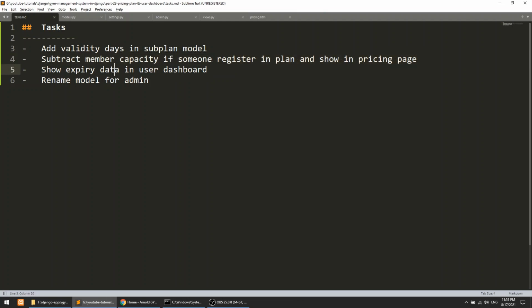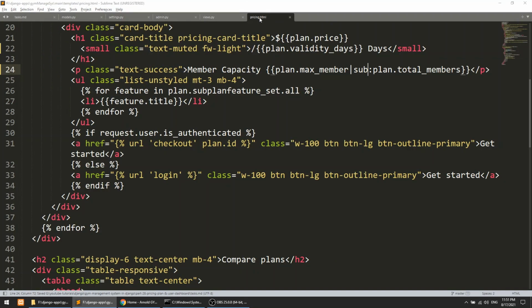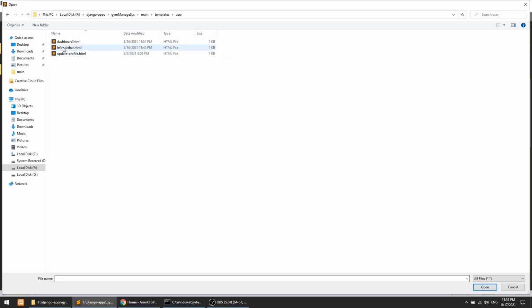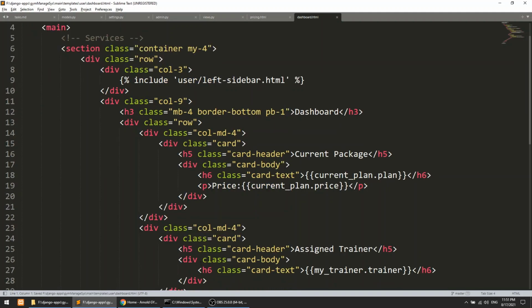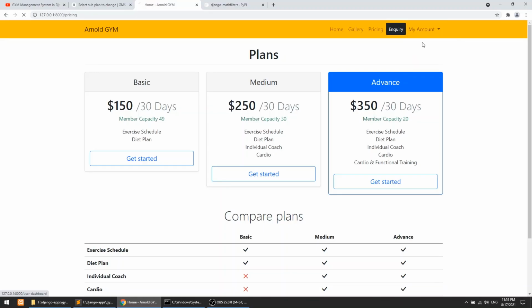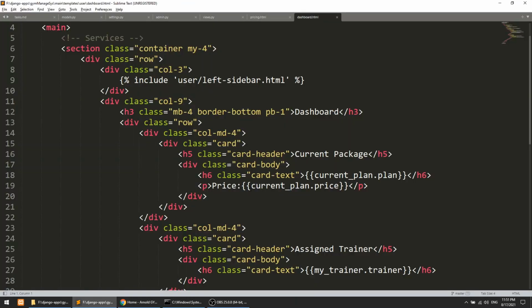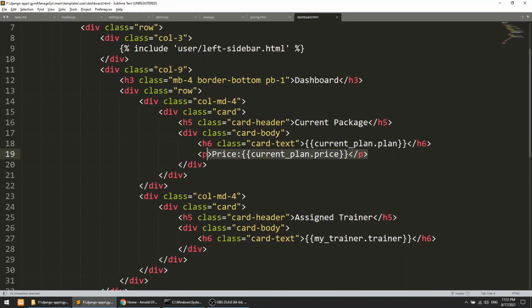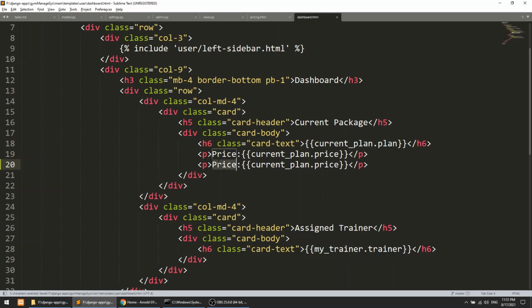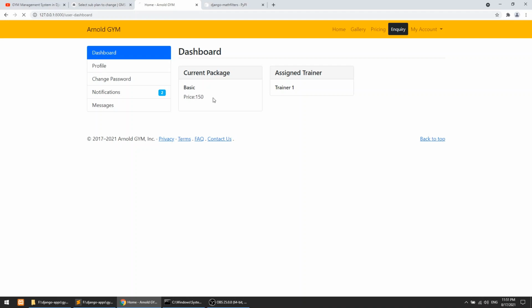Now let's show the expiry date in the user dashboard. Let's go to the user dashboard, and here we will show the expiry date. So this is the price, and let's show expire on. Refresh the page. Here we will show the expiry. So for showing the expiry date,